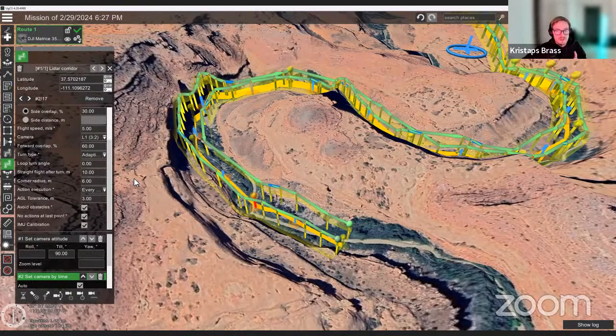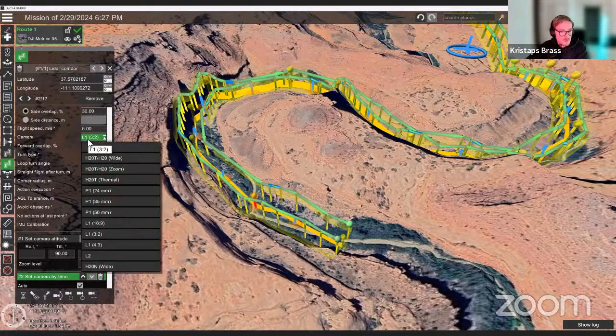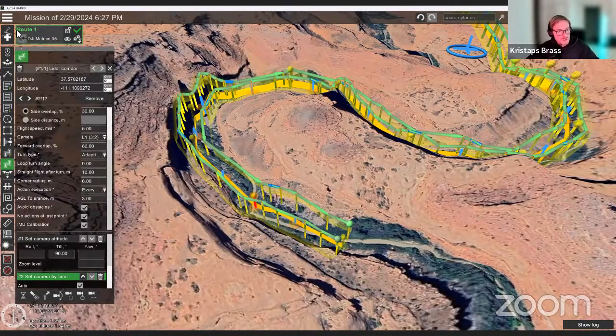But I think now let's maybe go a bit into how you can use UgCS with non-DJI LiDAR. Since I know that many of you who fly these more complex projects, in many cases, I know pilots use other LiDARs. So for instance, the same Rock Robotic LiDAR many of you use. So how you can use custom LiDARs and cameras with UgCS. If you go here under camera, you'll only see the default DJI cameras. So if you want to use some custom camera or camera which is not in the drone's profile by default,